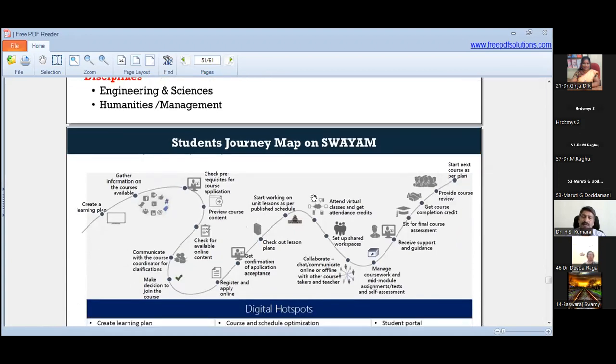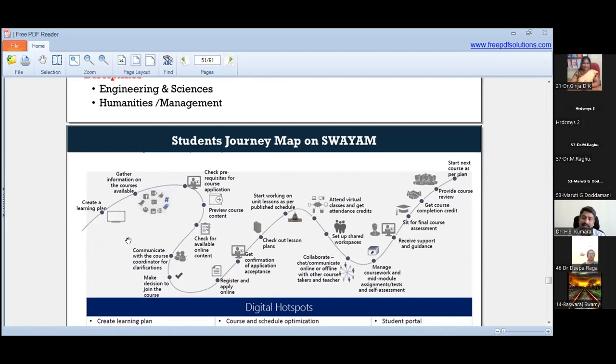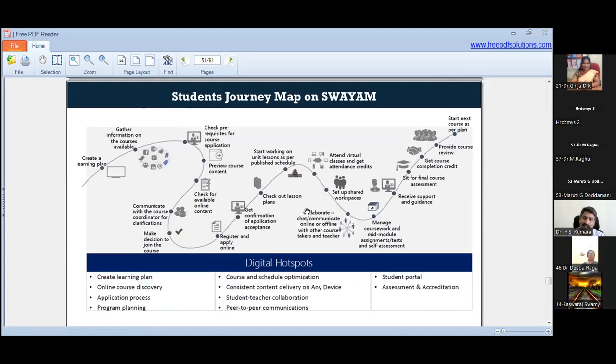Then, taking the student journey of Swayam, the guidelines started in 2016. After that, various attempts were made on how to reach the students. Still, some attempts need to be made, which is very important, because about 2 months back the University Grants Commission released details for the entire country: how many universities there are, how many universities are doing credit transfer in the e-cycle, how many students have learned through Swayam, and how many students got credit transfer. These details are available on the website.